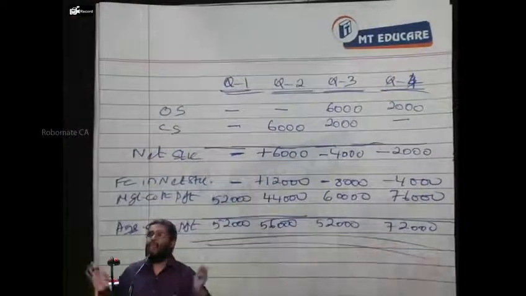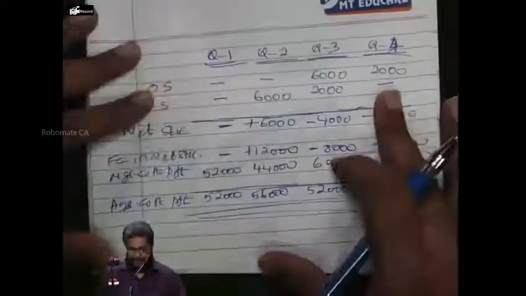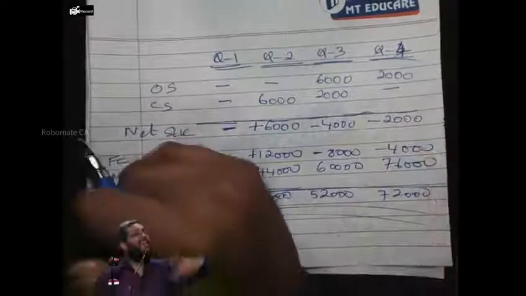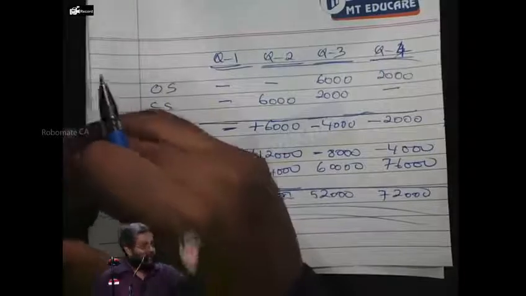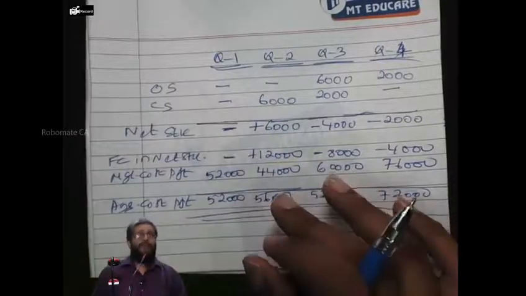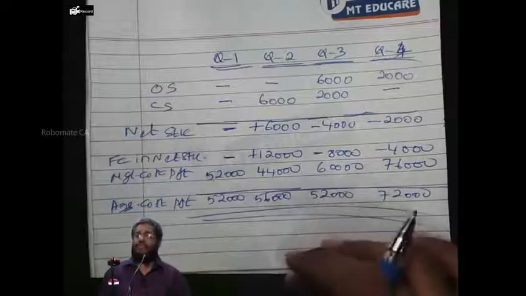Now, I'll tell you what is happening here. See. When stock increases, absorption costing profit increases. Understand first. That is, if closing stock is more than